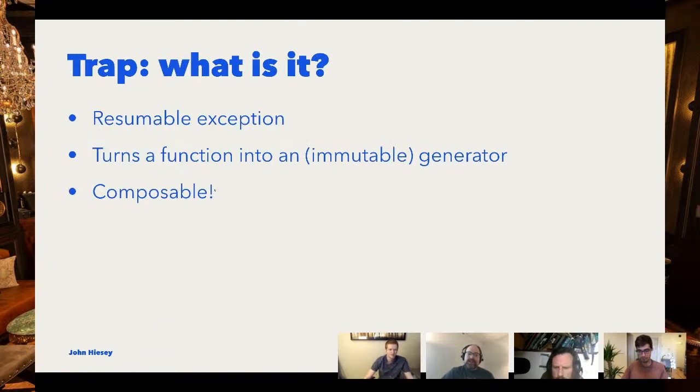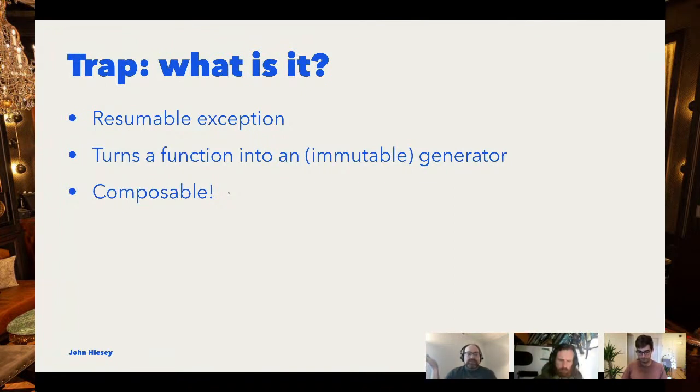The other thing is that I'm not going to get in too much because it gets very complicated, but these are actually composable. So I can have multiple of these traps nested inside of each other at once. And you can have any one can halt the execution, and then you can resume back anywhere that you stopped.